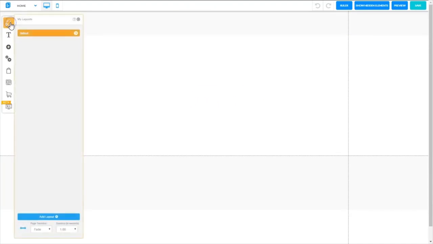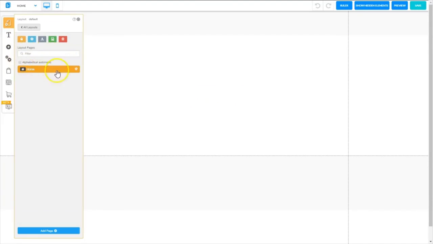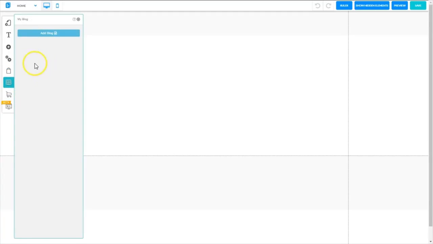The first thing we're going to do, we'll open up our layout. We see we have the default layout. We're going to check, and yes, we only have one page here, a home page. That's the only page in this layout. Now we're going to come down to the newspaper icon right here on the left-hand side vertical menu. Click on that, and it brings up the My Blog card. Here we have a green blog